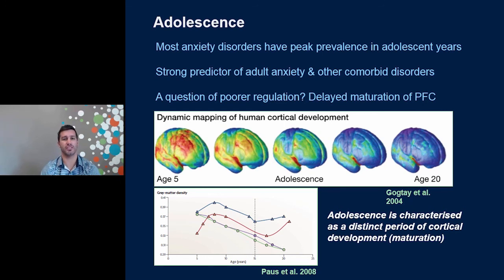Most anxiety disorders have a peak prevalence, of course, in the adolescent years, and adolescent anxiety is a strong predictor of adult anxiety and, of course, other mental health comorbidities. And so this has raised the question, is this about poor fear regulation? Is something going on in this period of brain development that makes an adolescent less able to control fear and anxiety? And what I'm showing here are very well-known images from the NIMH brain